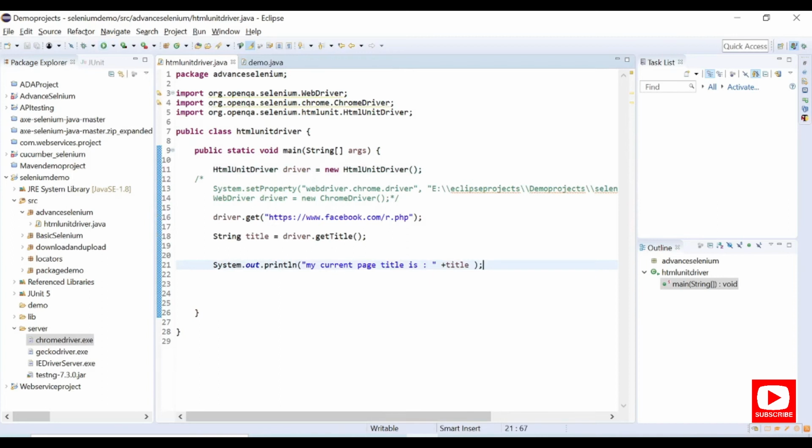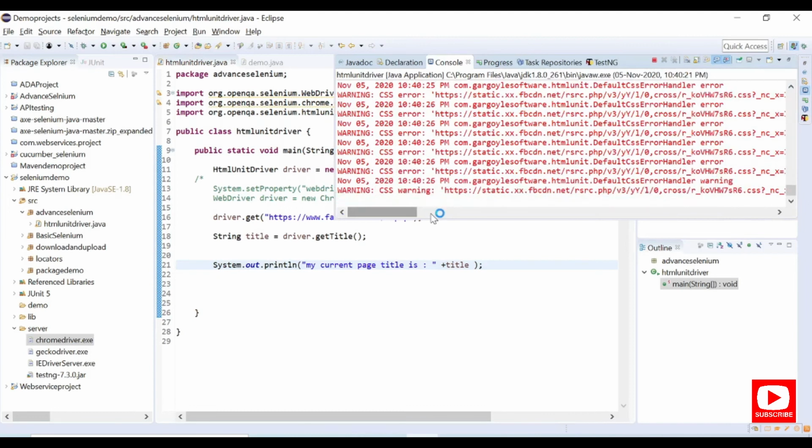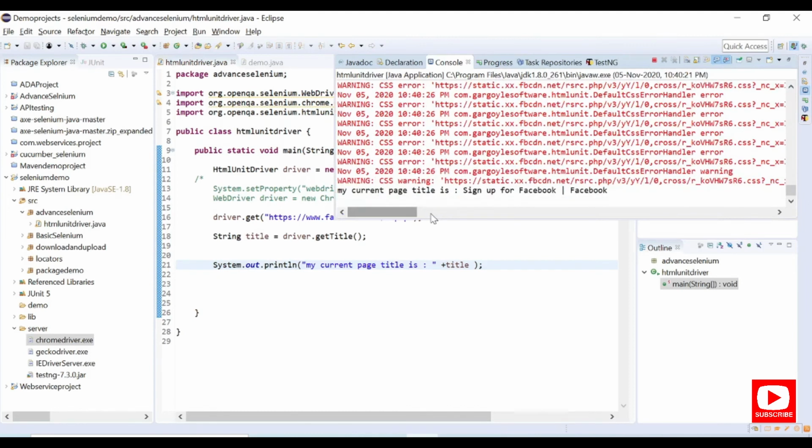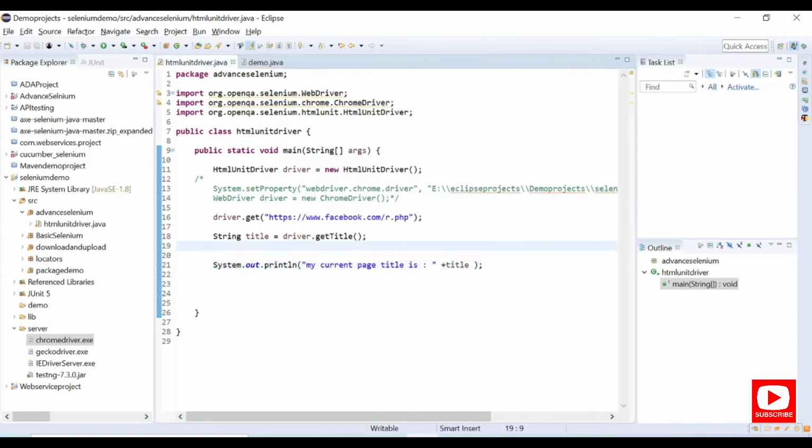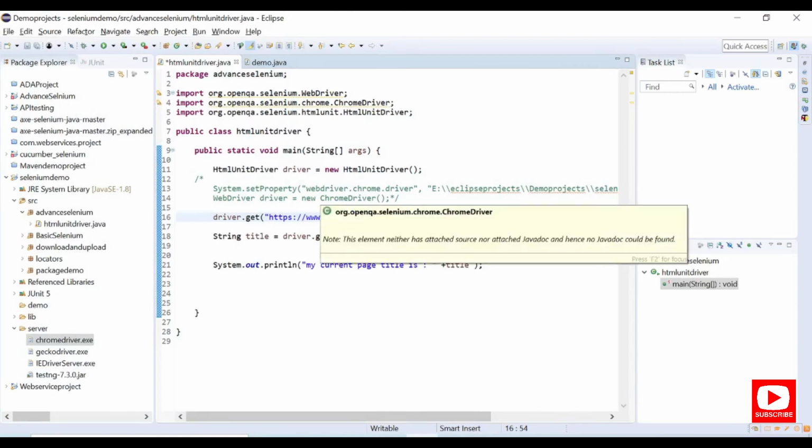Now I'm trying to do the headless browser execution. You can see there is no browser launch and it is done. It is very much faster when compared to the other generic way, where we launch the website in the browser and then run the program. So this is how we perform headless browser execution. So far we have seen how this execution works, and we have compared it with the normal generic way of launching ChromeDriver or different browsers and executing.